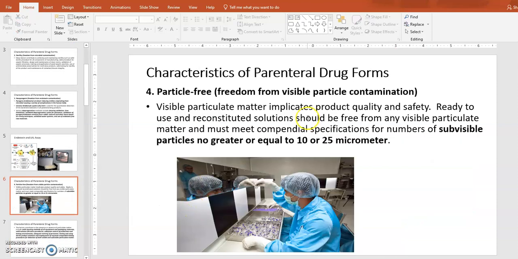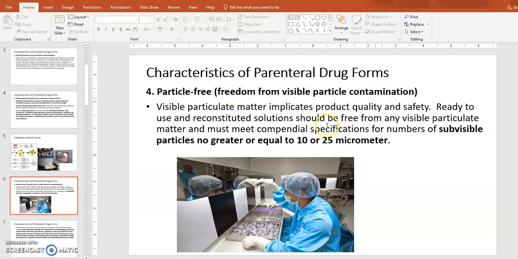Okay. And then another requirement or characteristic is particle free. Since your drug is injected, in a lot of cases maybe through the blood vessels intravenously, the particles should not be there. If you have particles, what's going to happen? It can clog up your blood vessel, which is not good, right? So freedom from visible particles